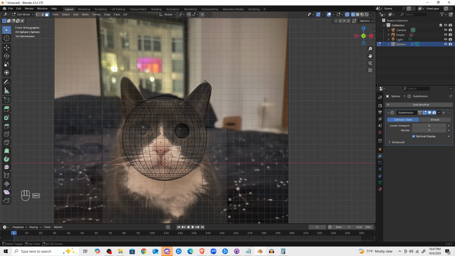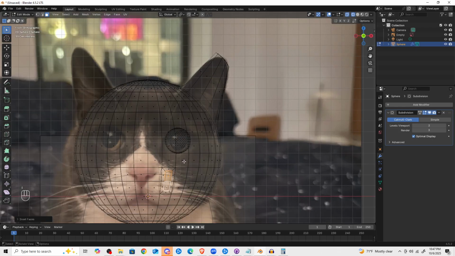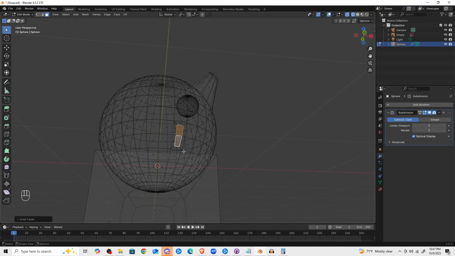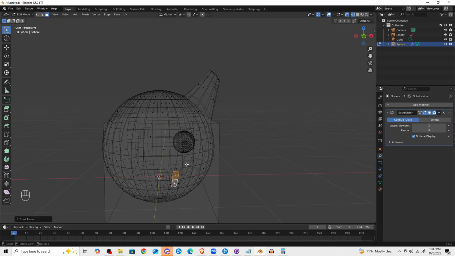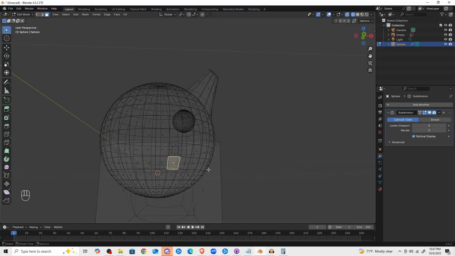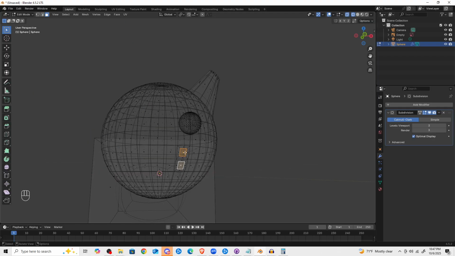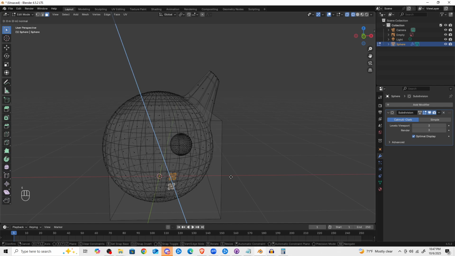Let's use these. Okay, we'll take each of these and we'll inset them. Then with these, oh, that's not what I wanted for the inset. Let's do them one at a time. And we'll extrude, I think, along X. We obviously don't want it to come all the way just on S, but if we go like this,